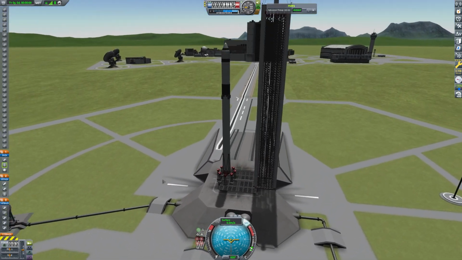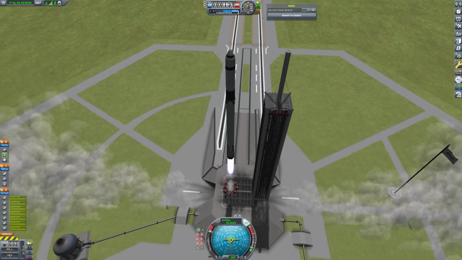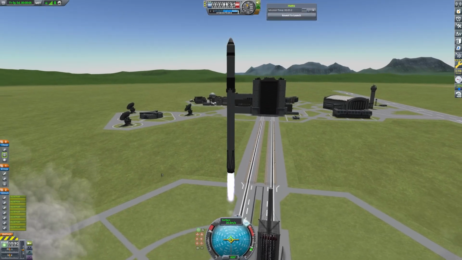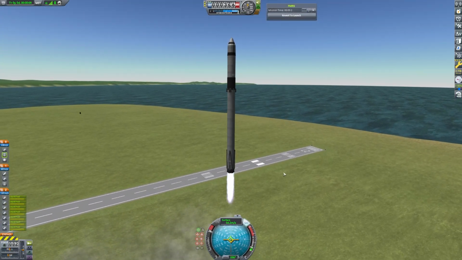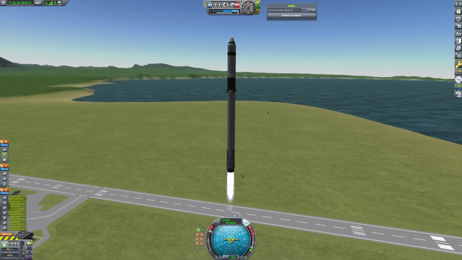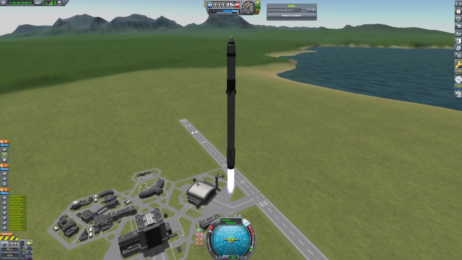All right, and with that, we're ready for launch. So we're going to throttle up here and ignite. So we're going to start accelerating and picking up speed and altitude. We want to make sure that we get away from the launch pad before we start doing any of our maneuvers. So we want to try and get to like 1,000 meters and 100 meters per second in velocity